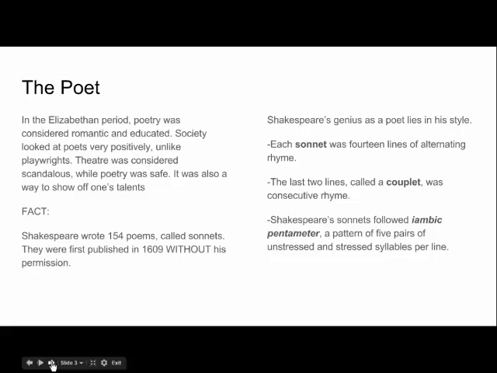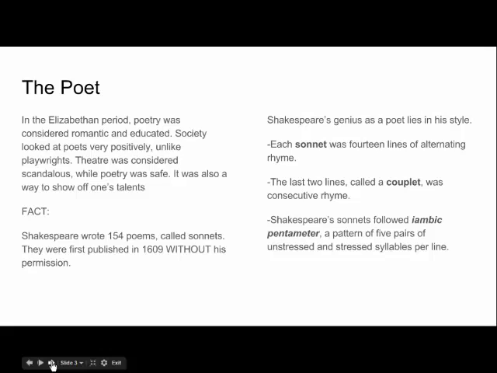So Shakespeare's genius as a poet lies in his style. He didn't just write alternating rhyming poems, roses are red, violets are blue. He wrote a style called a sonnet. A sonnet was 14 lines of alternating rhyme. So one line would have one type of rhyme, another line would have a different one. So you would identify them as A, B, A, B, or A, B, C, D, because you'd have different lines